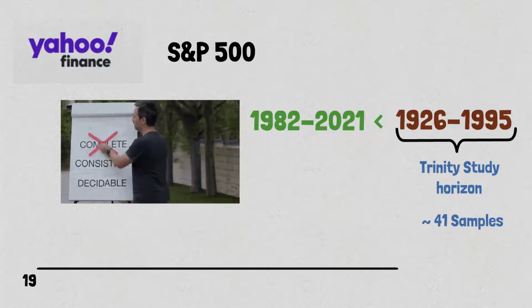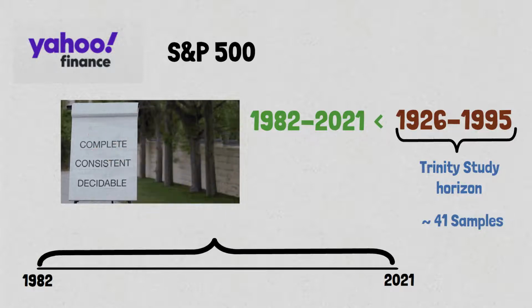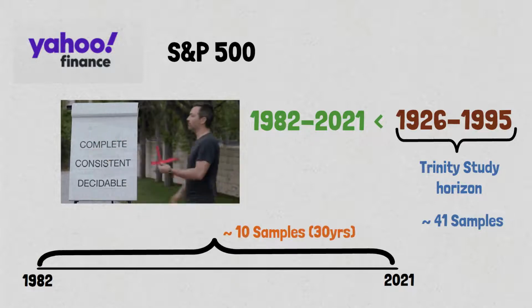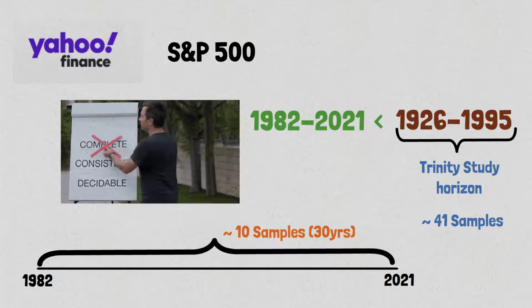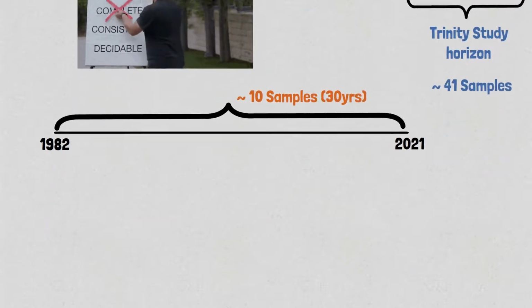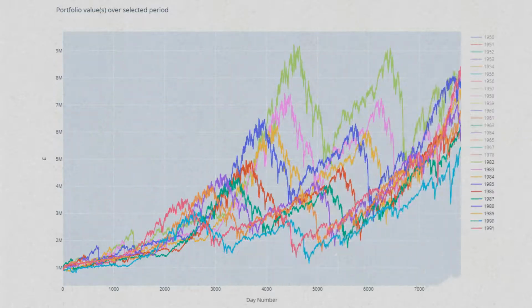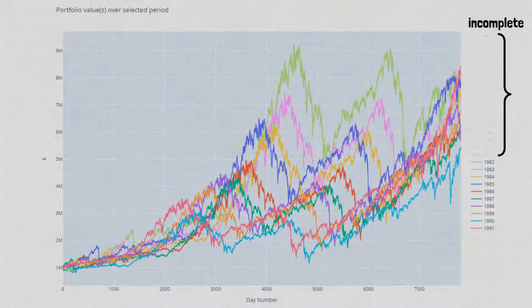If we take a 30-year retirement period with withdrawals made at the beginning of the year, that means we have 10 valid samples, each showing a 30-year retirement period. Here's what a 100% allocation to the S&P 500 would look like over 30 years, starting from 1982. Now you can see this also includes data from 1950 onwards, but as mentioned earlier, this data is incomplete, seen here clearly. So let me disable those results before drawing any conclusion,